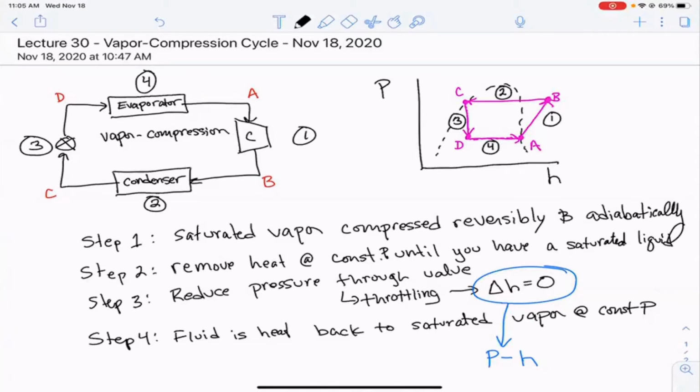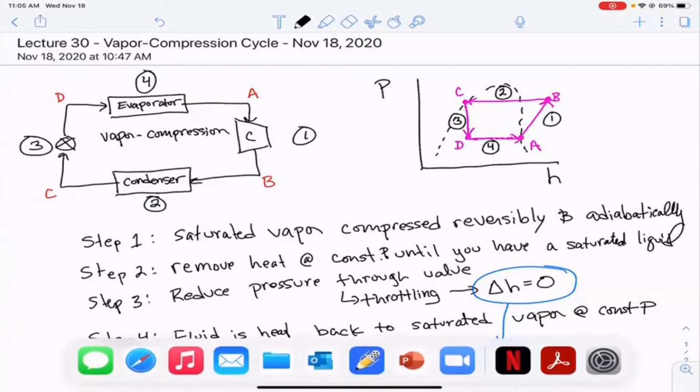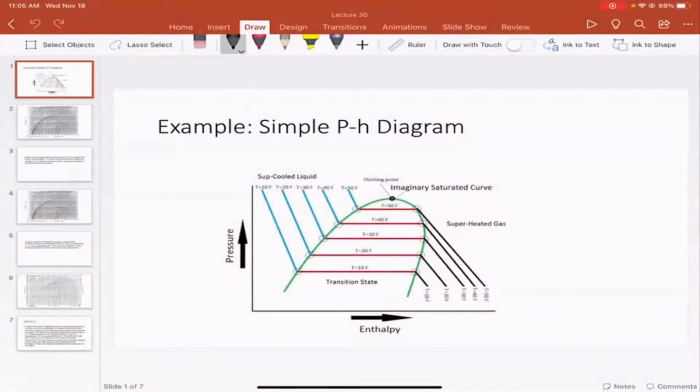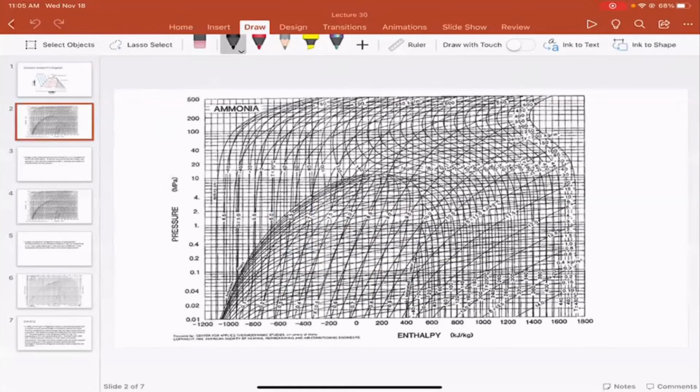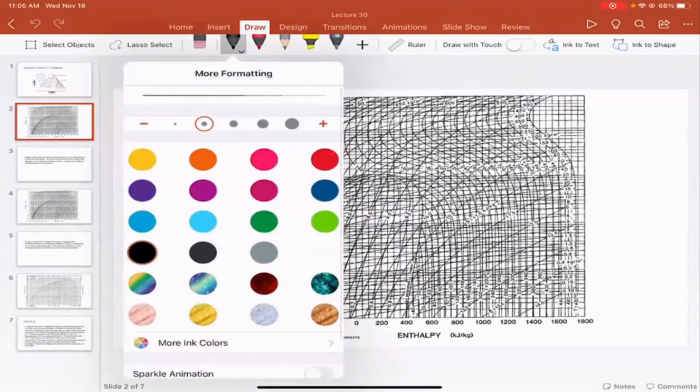So if not, one of the key steps here when we're evaluating the cycle is that step 1 is done reversibly and adiabatically, right? Or the change in the entropy is equal to 0. So one of the things that we need in evaluating these refrigeration cycles is to introduce entropy onto the pH diagram. And so to do that, I'm going to show you a more typical pressure enthalpy diagram, and it is considerably more complex. And I'm going to try to step through this relatively slowly. So hopefully you guys can see that